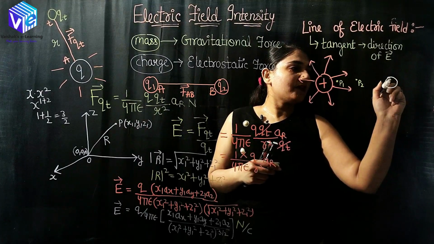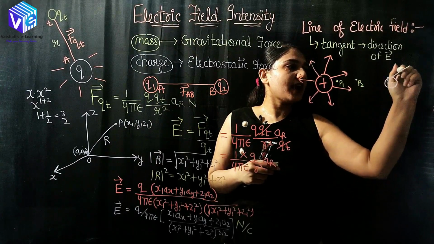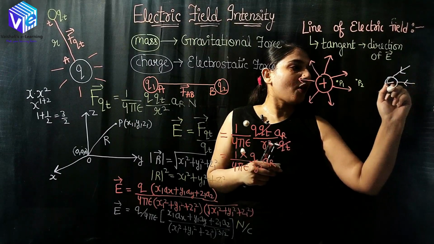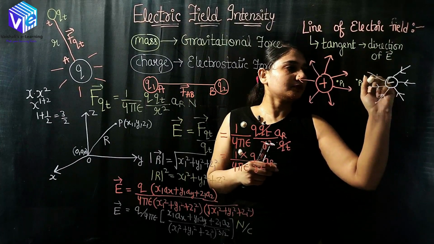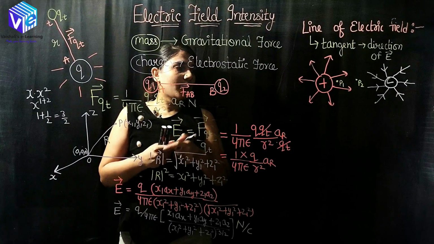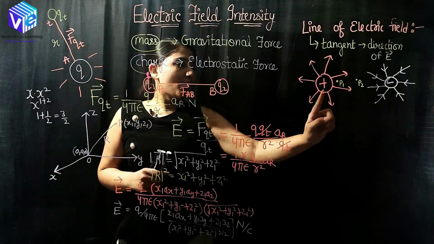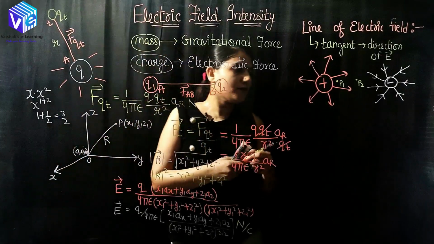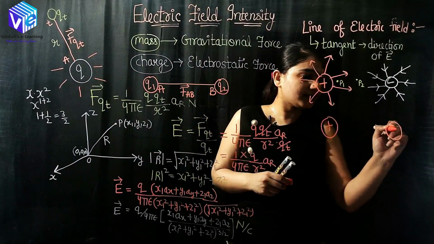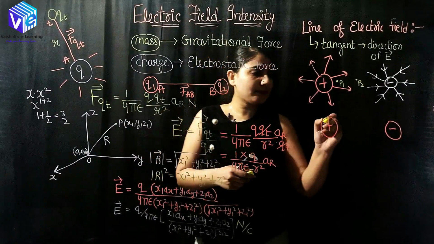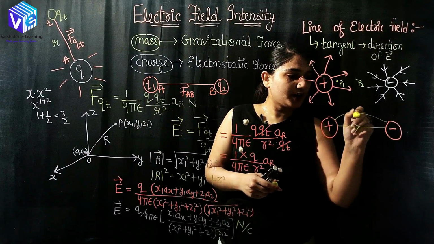So now here I have another charge and this is the negative charge. So this is my negative charge and here the electric lines of field will always be inward towards the charge. So I hope now you understood how we have electric lines of field for a positive charge and for a negative charge. And now if I have a combination of two charge, so this is the positive charge and this is the negative charge, then in this case what would happen? So it will attract, so it will go from positive toward negative.